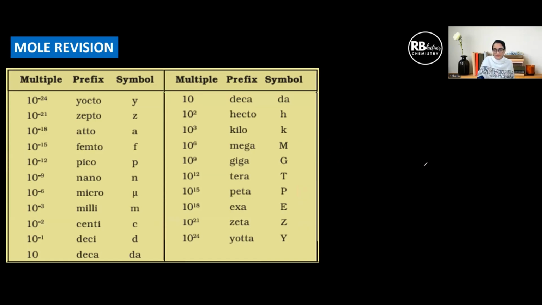Now, understand, let us suppose we have these terms. Now, if I put a meter here and a meter here, I will read it as 10 to the power minus 6 meter is equal to 1 micrometer. Similarly, I put a meter here and I put a meter here. 10 to the power minus 3 meter is equal to 1 millimeter. 10 to the power minus 2 meter is 1 centimeter.